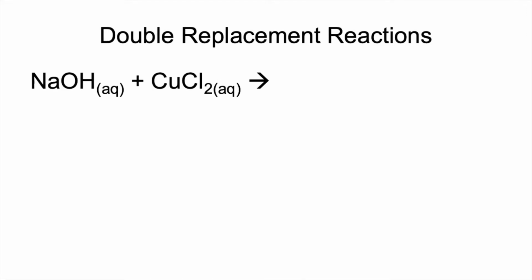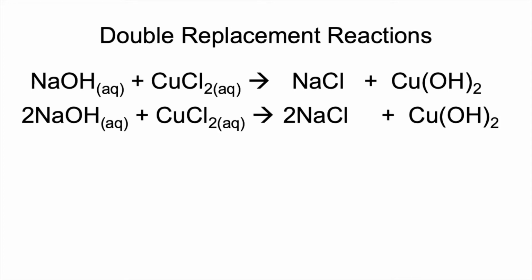In a double replacement reaction, ions will trade places. So when sodium hydroxide reacts with copper 2 chloride in aqueous solution, your products are going to be sodium chloride and copper 2 hydroxide. To balance this chemical equation, we need a coefficient of 2 on sodium hydroxide and on sodium chloride. And the reason that we know that this combination of chemicals does indeed form a double replacement reaction is because while sodium chloride is aqueous, soluble, copper 2 hydroxide is insoluble and will form a solid